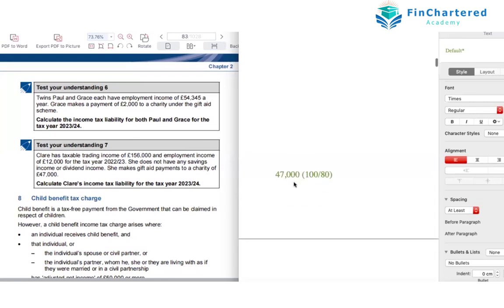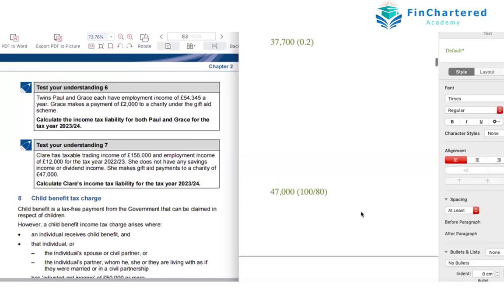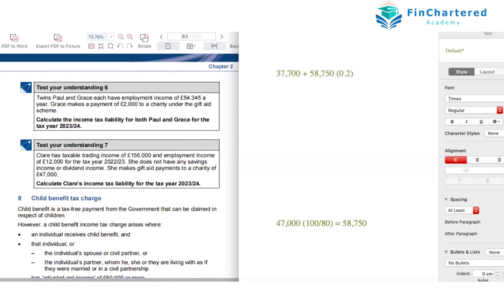Because she has given a charity of 47,000, into 100 divided by 80, whatever is the figure. How much is the figure? 58,750. What will happen is now, even this 58,750 will be taxed at 20%. You know this. But this figure will also move in the adjusted net income calculation because a donation is made and this figure is deducted